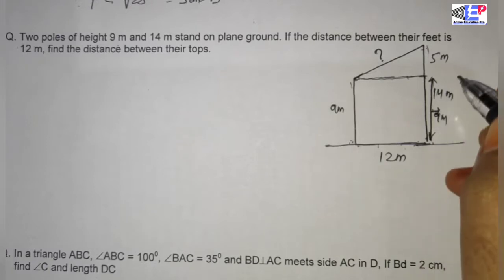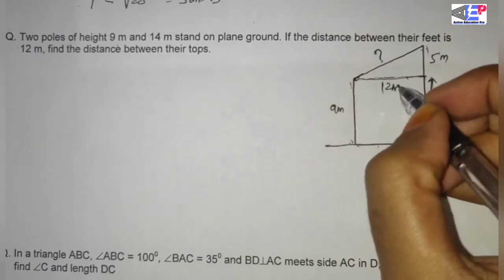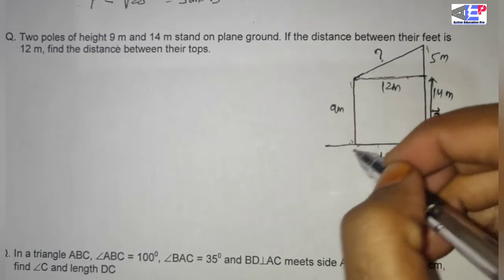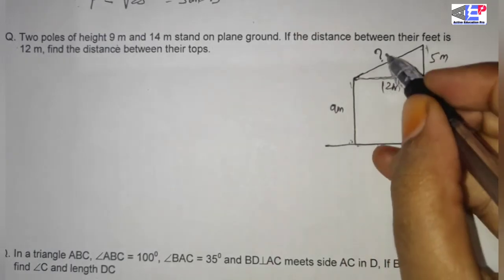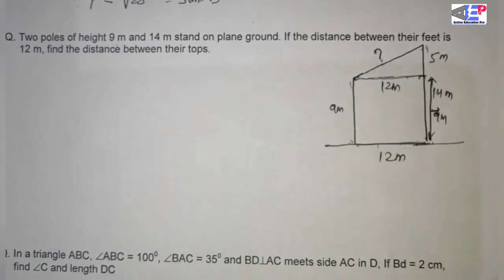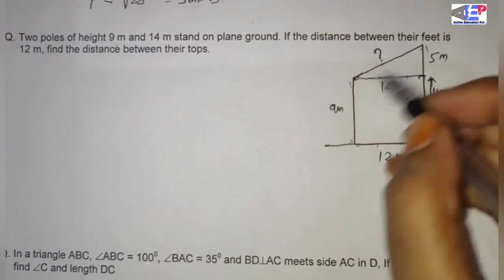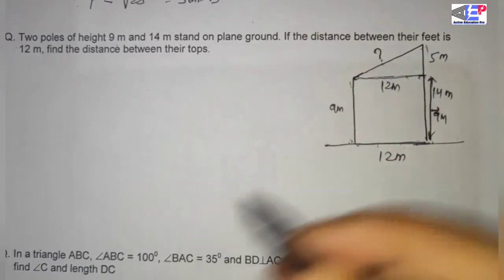This is 9 meter. Okay, and this is 12 meter. The distance between these two poles is always the same, 12 meter and 12 meter. And now find out the length of the hypotenuse, meaning the distance between their tops. As you know,